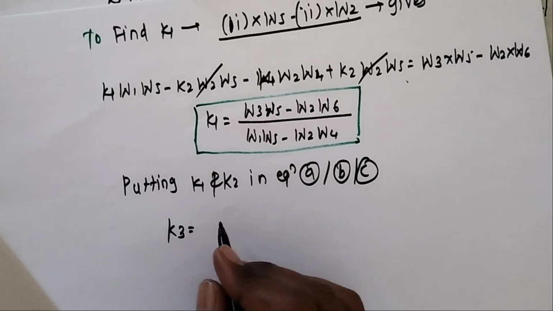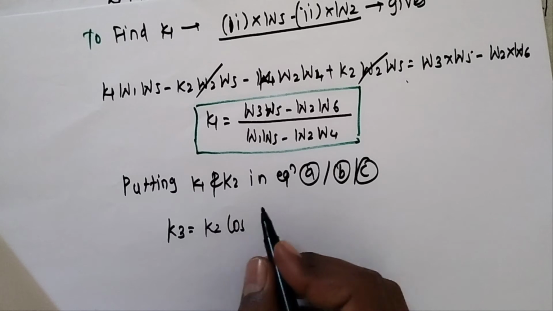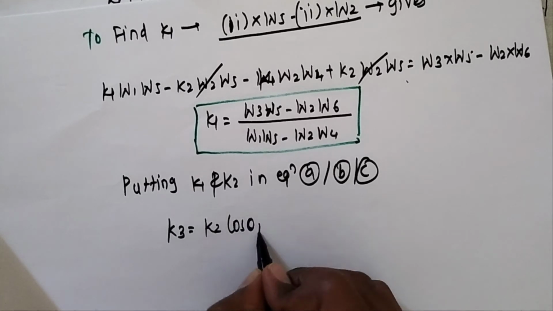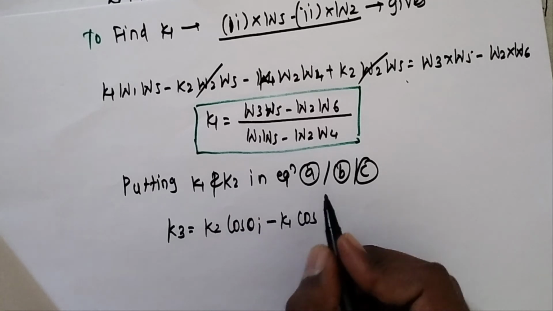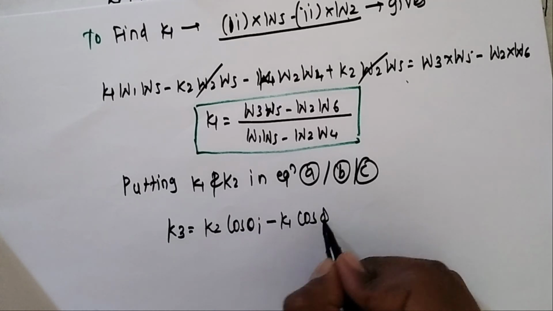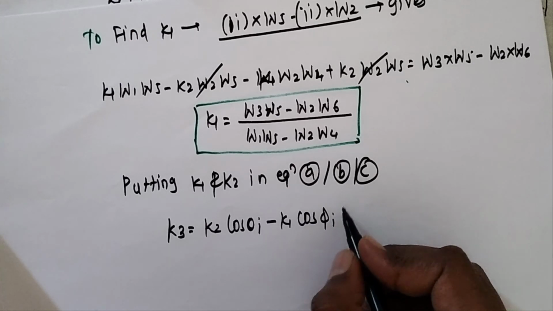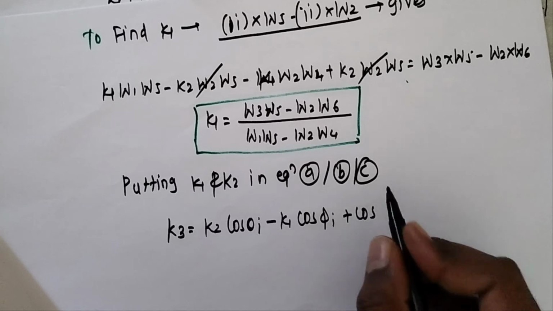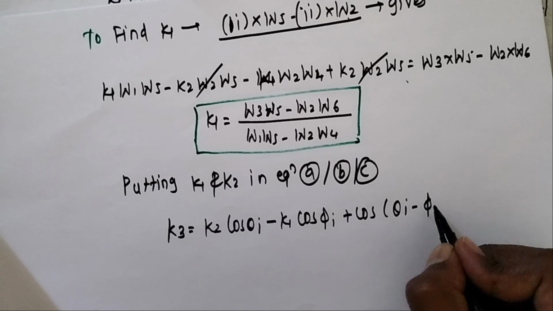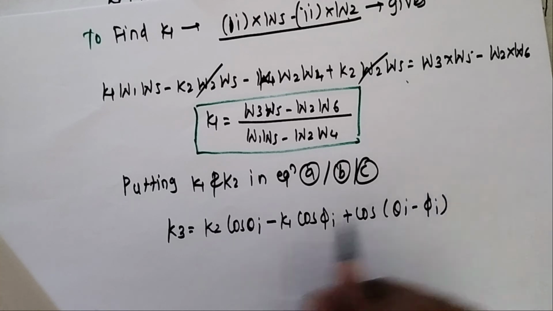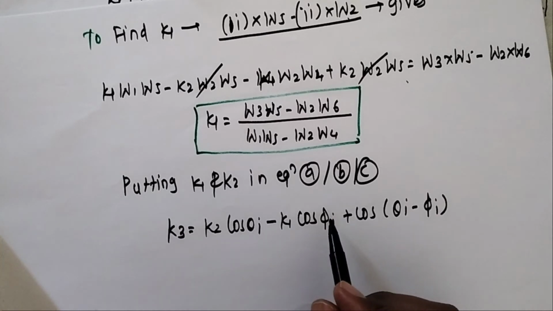K2 cos of, let's say instead of theta 1, theta 2, theta 3, I call it theta I, K2 cos theta I minus K1 cos of phi I plus cos of theta I minus phi I. So if I put that value of K1 and K2 in any one equation, you obtain the value of K3